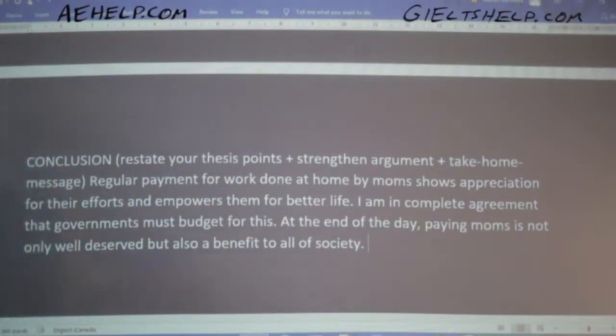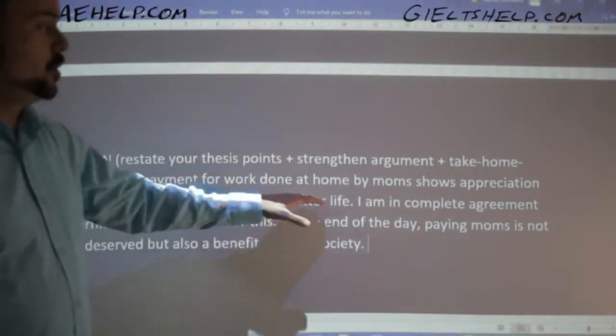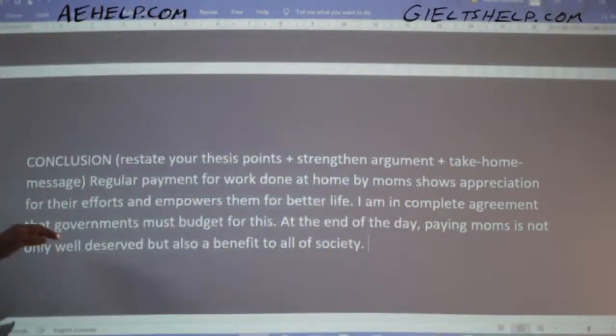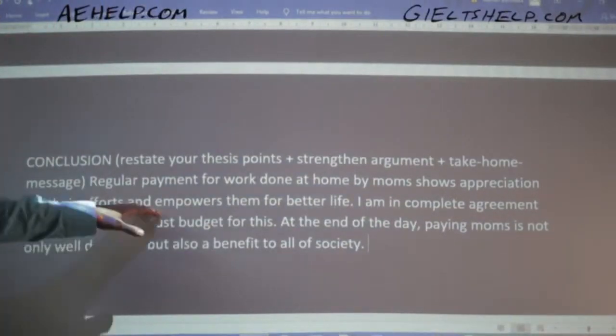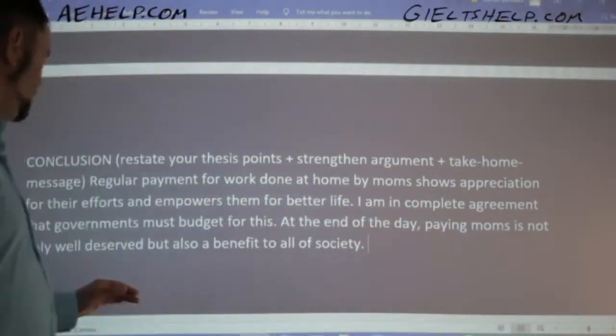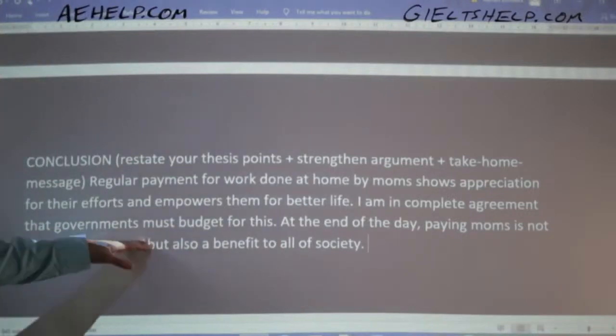All right. So there we have our essay. Again, I'm going to review my paragraph. Regular payment for work done at home by moms shows appreciation for their efforts and empowers them for better life. I'm in complete agreement that governments must